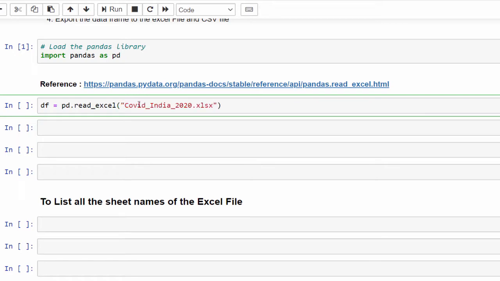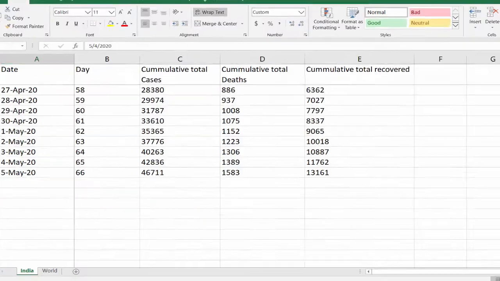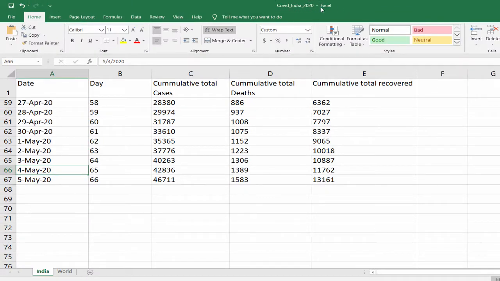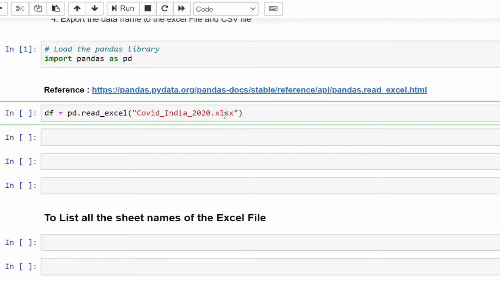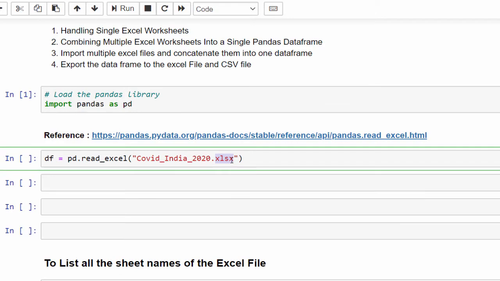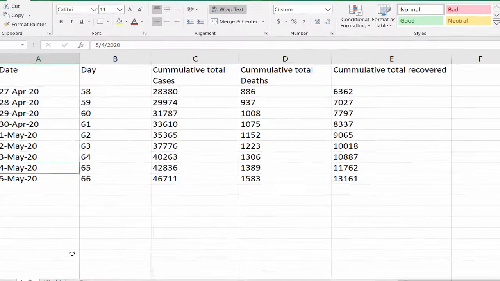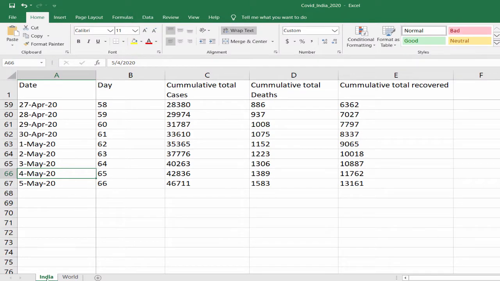Within the double quotes I am giving the file name, COVID India underscore 2020, and the extension is XLSX. This is the latest version. If you are using XLS, you have to mention the XLS extension. The process remains the same for both, you just have to replace the extension. Then comma, and we have to import the India sheet.